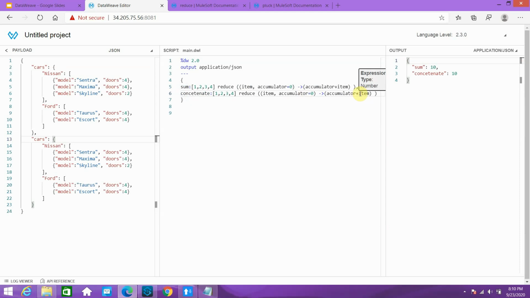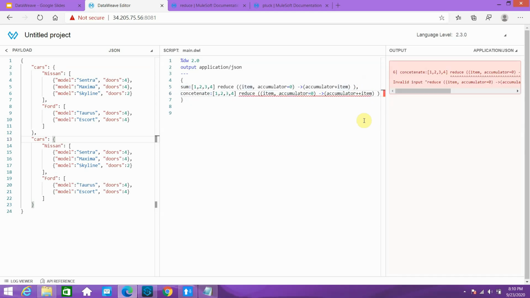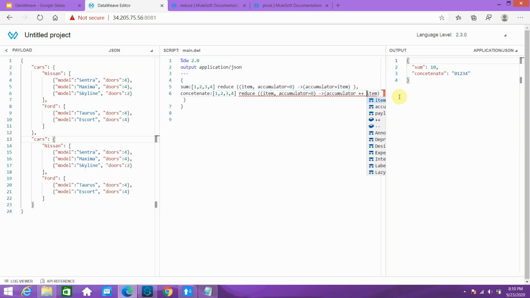I will just add the strings. If I use the double plus plus operator, and it should be a space. So you can see 1, 2, 3, 4. In this it concatenates. So if I use the plus plus, instead of summing, it will concatenate the strings. So that is how you can make use of your reduce operator.